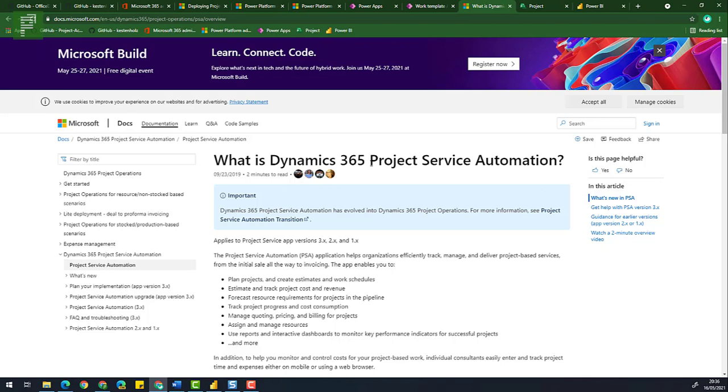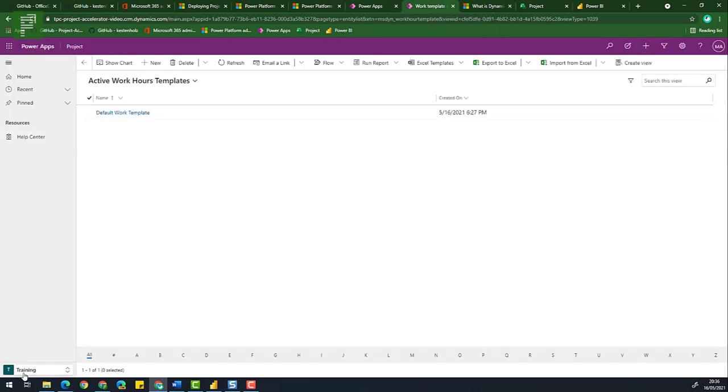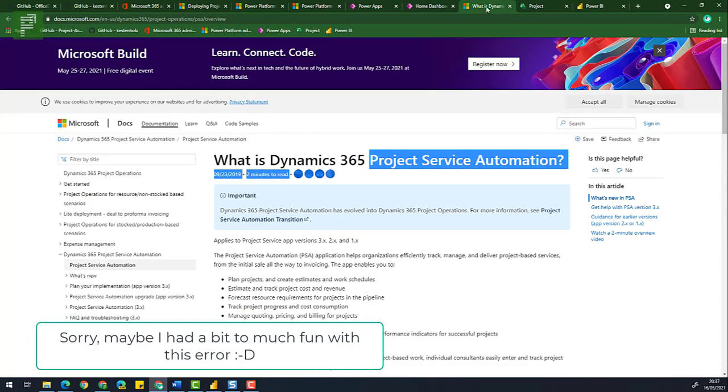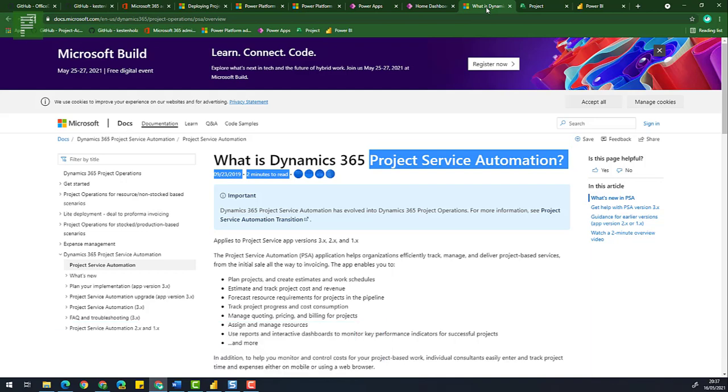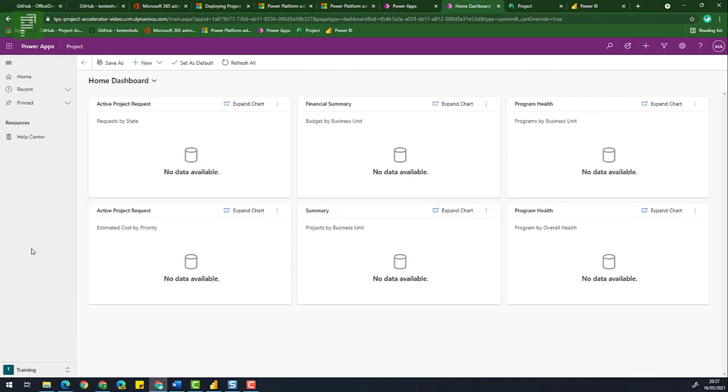Oh, what is Dynamics Project Service Automation? Well, PSA is not the same as Project Accelerator. So Project Service Automation doesn't seem to be the correct fit as for the help file. So maybe we would love to change that into something better. Let's at least change that logo here to be that meetings section, be that meeting room. Okay, so just as an example, and of course we gotta have unicorns in the program and the project requests,